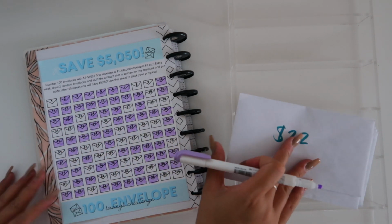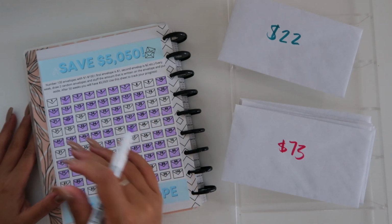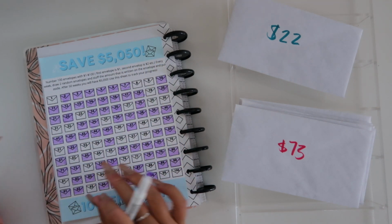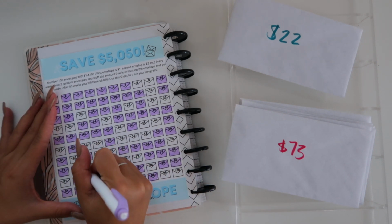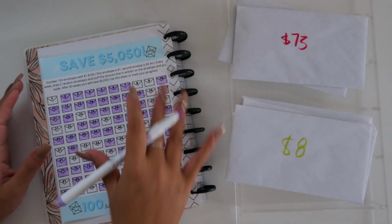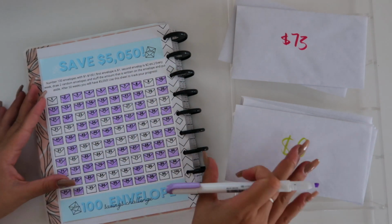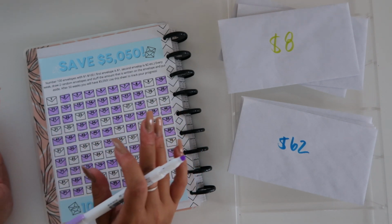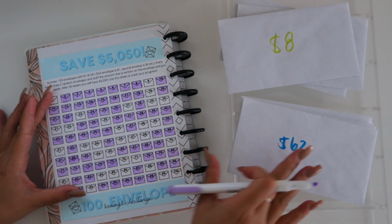Let me know how you guys are doing on this challenge. Let me know if you guys are just starting, where you're at. I've gotten a few messages that some of you have fallen off of the challenge, and that's okay. So restart whenever you can. Again, life happens. 73, but I know it can be kind of discouraging sometimes. 8, but y'all, we can do this. I'm really excited that I am on track. I hope I can stay on track, but fingers crossed. 62,